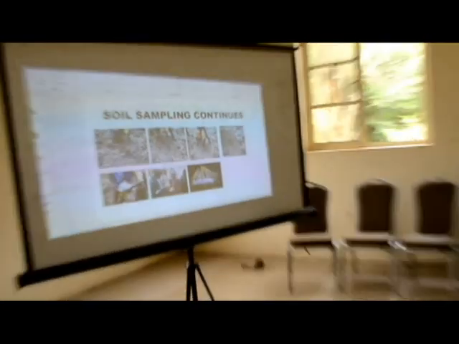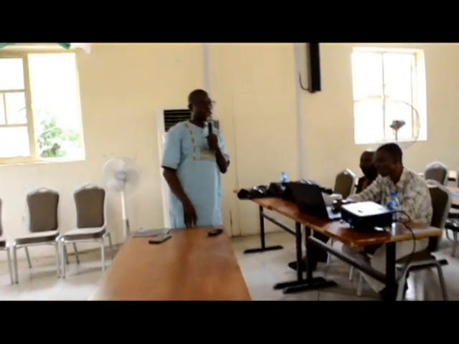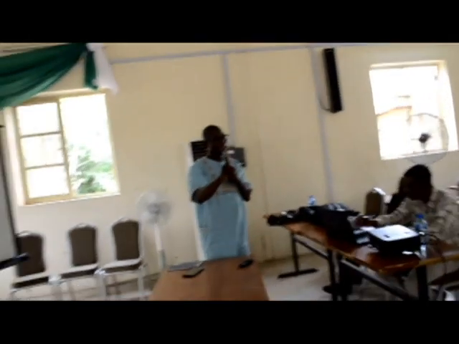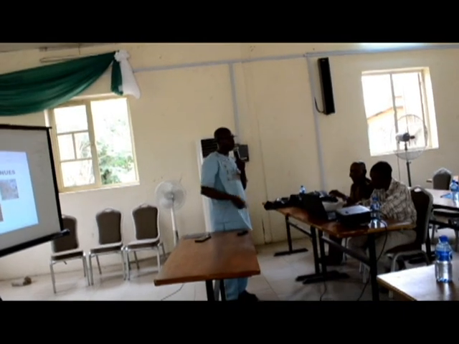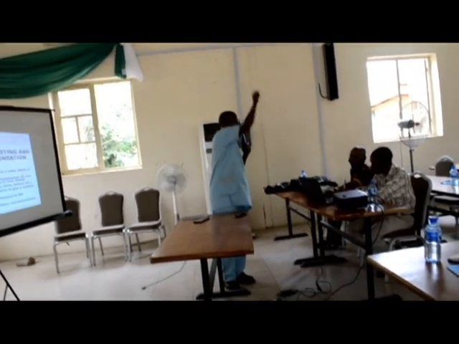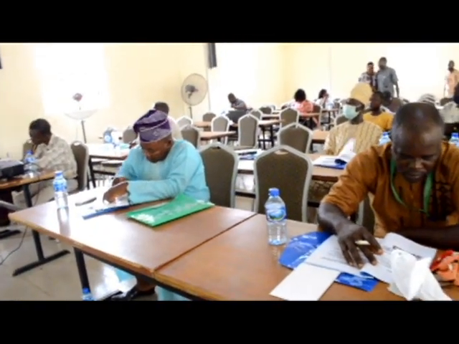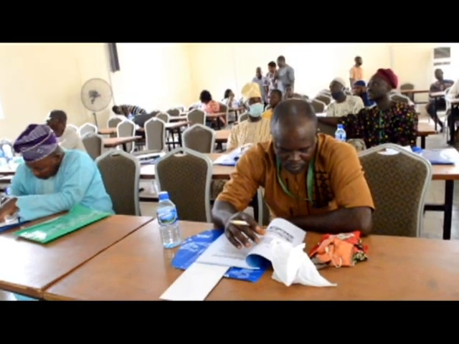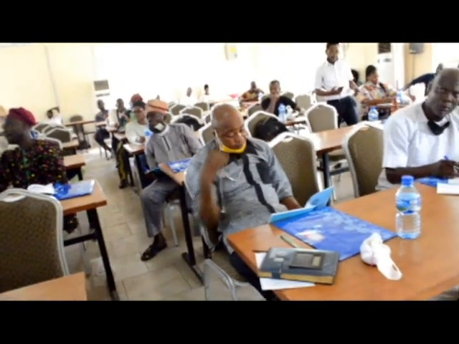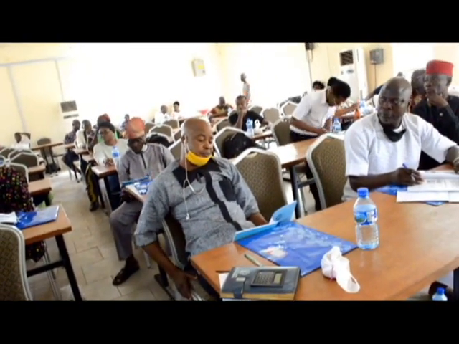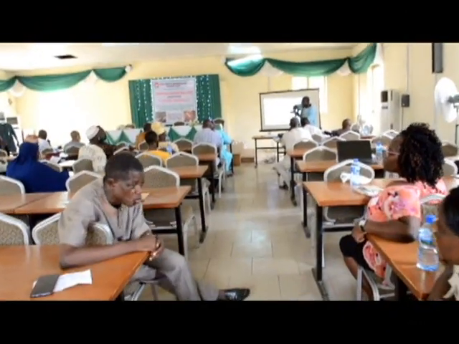And how do we do it? If you get to the land, the place you want to collect the soil sample, the first thing you check is the uniformity of that place. If it's uniform, then your job is simple. You just collect randomly and then you put together and bring it to the lab. But if you get to the land and you discover that it's, for instance, a slopy land, slopy like this, what we will do is to do a land